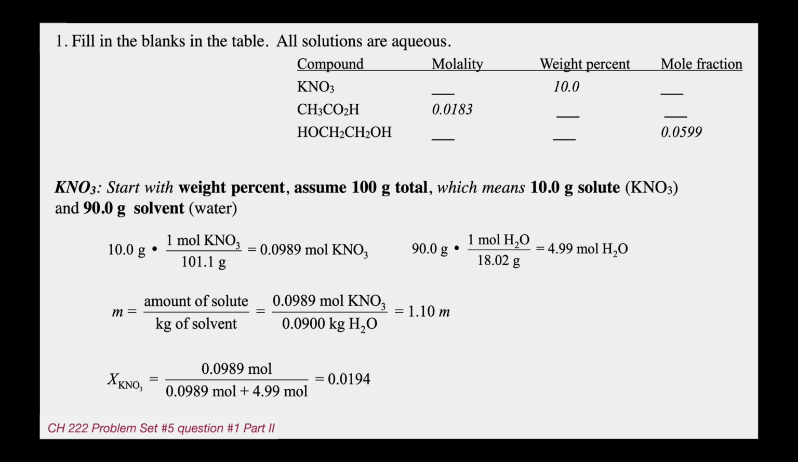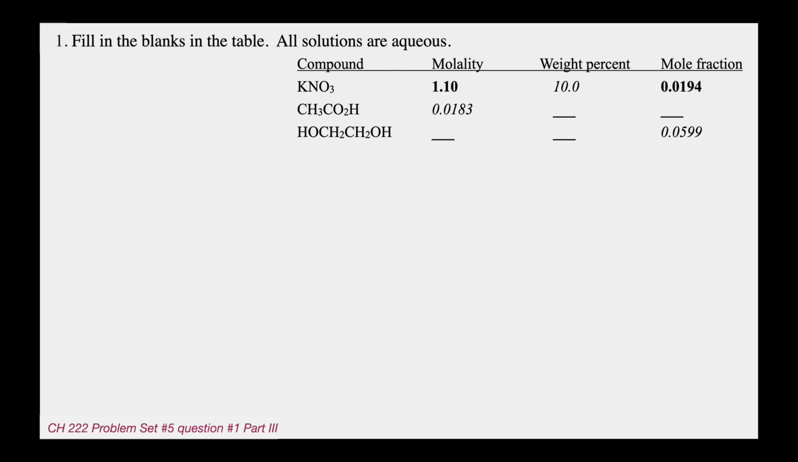0.0194. So pat yourself on the back. This is awesome. You have the first row of this problem done, and that's no small feat. You can see in the top row, I filled in the KNO3 values since we did that on the last one. This next one we're going to look at in row number 2, it involves the compound